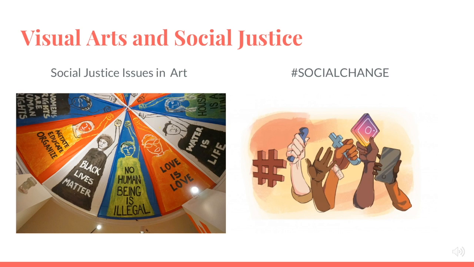Now we'll go over social justice in art. Visual arts can be used to communicate politics and social justice issues. There are social issues such as religious conflicts, lack of education, opportunity inequality, and even food and water issues. Nowadays, people are always on social media, so it's an easy and quick way to share social justice issues. Art activism is overall a great way to promote social change and social issues.